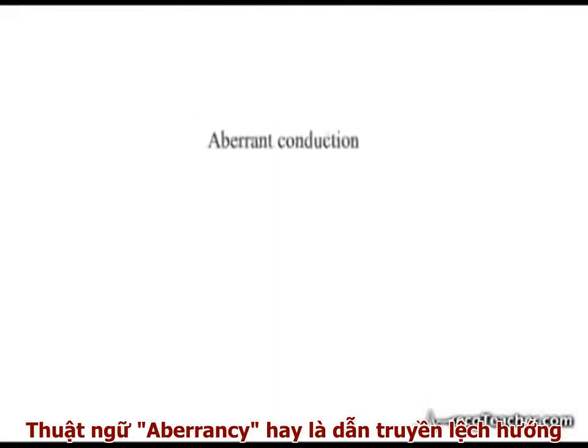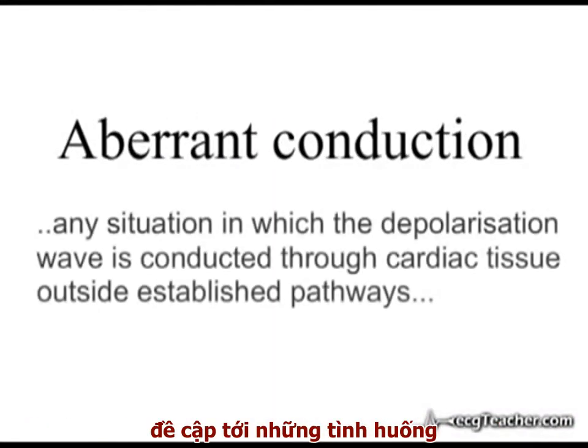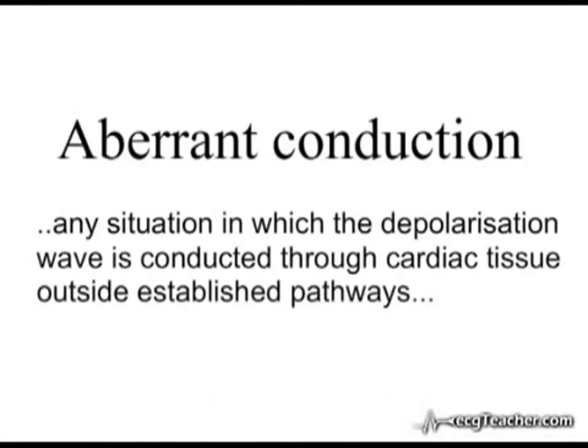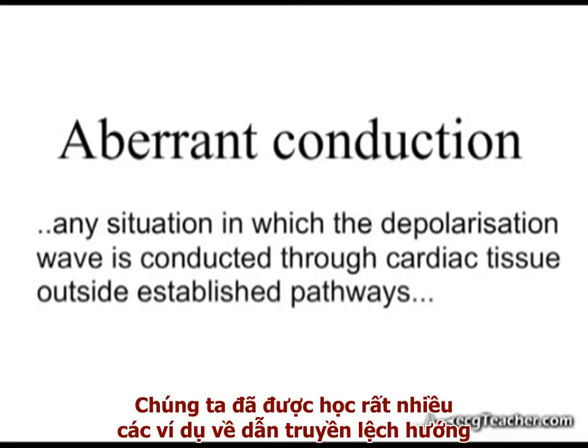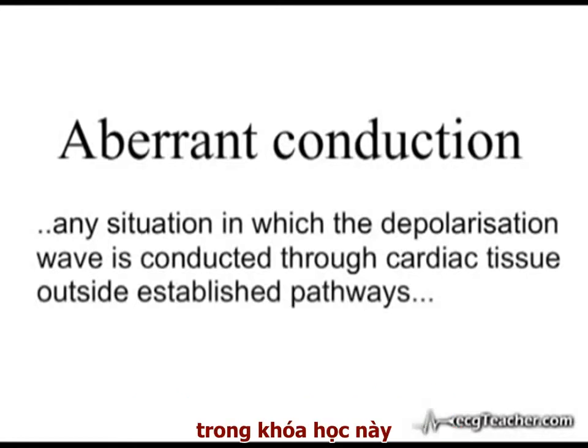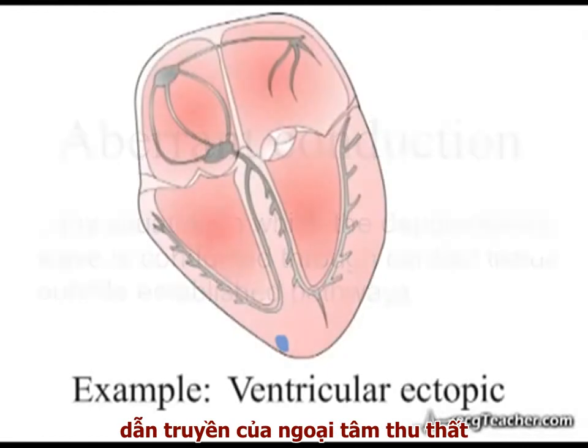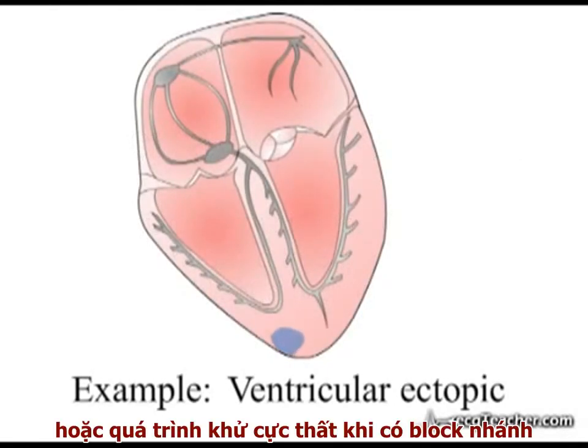Aberrancy or aberrant conduction refer to any situation in which a depolarization wave is conducted through cardiac tissue outside established pathways. We've come across many examples of aberrant conduction throughout this course, both within the atria and ventricles. Examples of aberrancy within the ventricles include conduction of ventricular ectopics and conduction of ventricular depolarization in the presence of